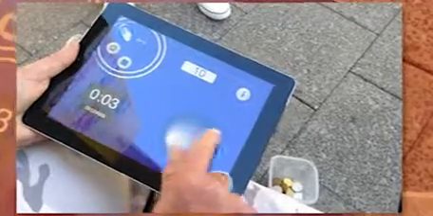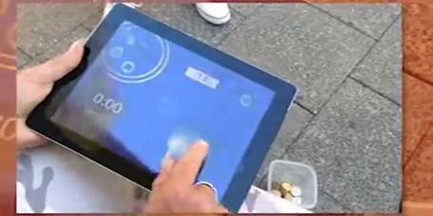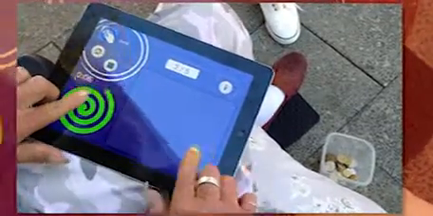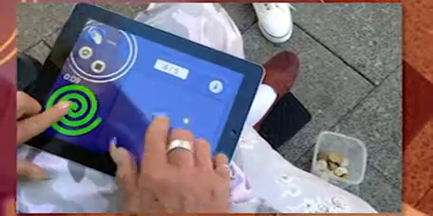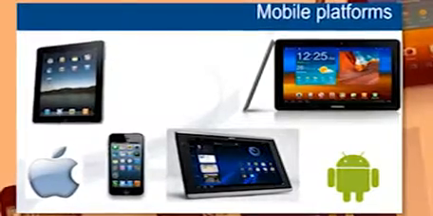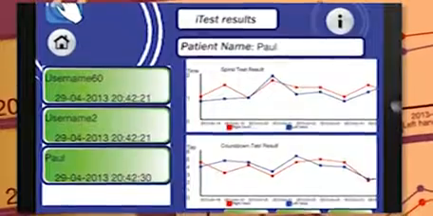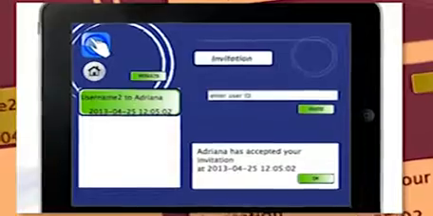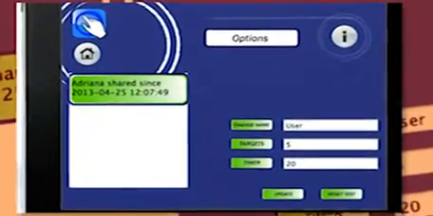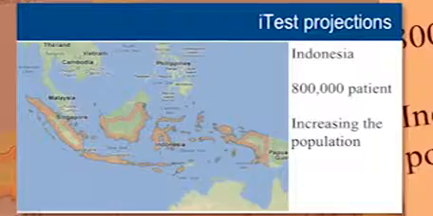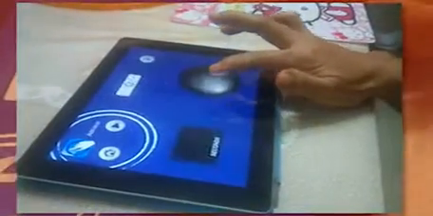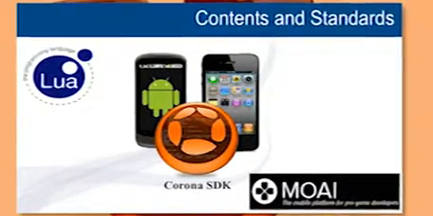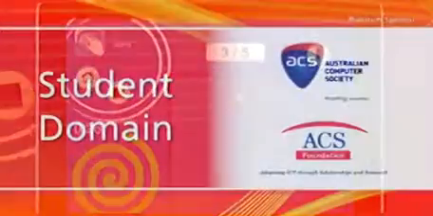Based on the hypothesis that the condition of patients suffering neurological disease can be assessed by interaction with simple applications on a tablet or a smartphone, the project demonstrates the flexibility of a tablet to run tests, the integrity of storing patient data, communications technology to securely collaborate between patient and clinician, worldwide applicability, consistency and reliability. Because support was lacking for the new Corona tool used for software development, the team engineered many of their own